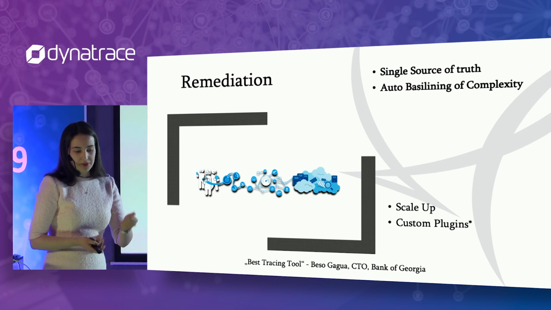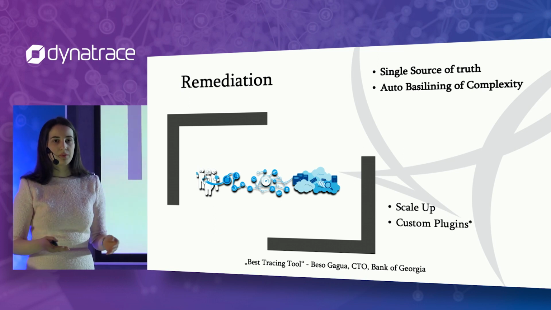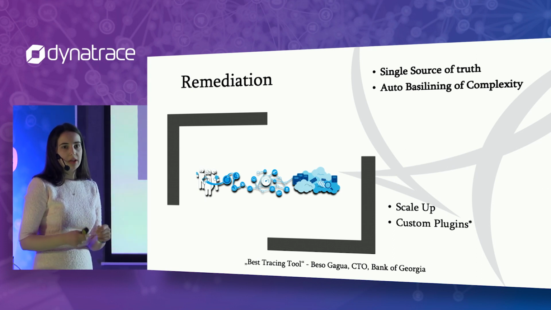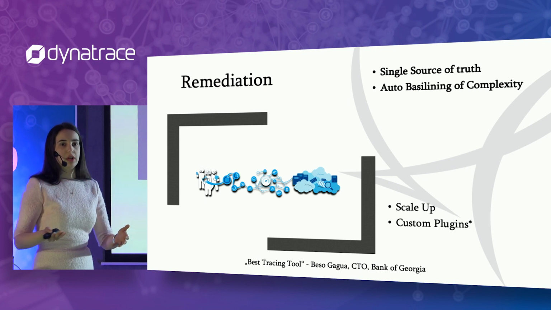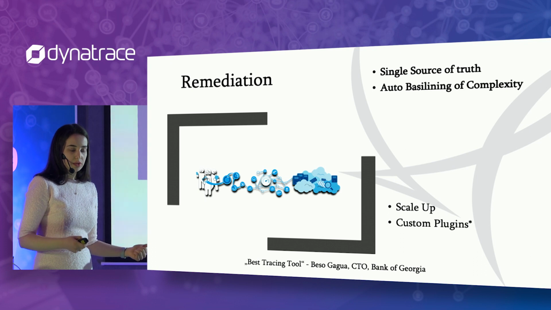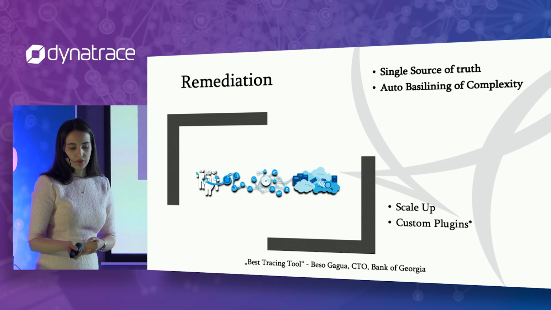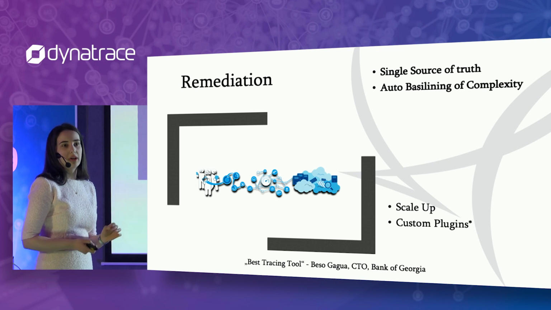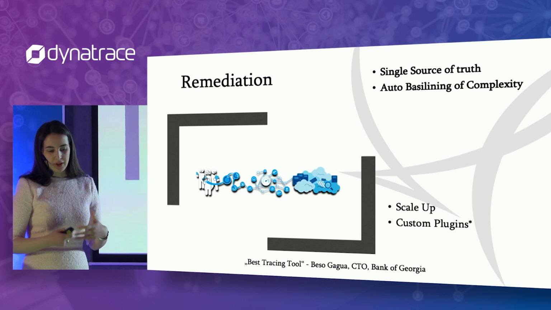And so after they found out the root cause on that specific application, the bank is planning to scale up and to cover the majority of their infrastructure with Dynatrace. And we have a very specific case here: there are some devices that help you put cash into your internet bank account. And as you know, Dynatrace is monitoring web applications and mobile applications mainly. But they want to monitor those devices as well, which are spread all around Georgia. And we are planning to use custom plugins to cover that kind of devices as well. And I believe it will be a very interesting and very hand-picked big project, and that will bring us big results